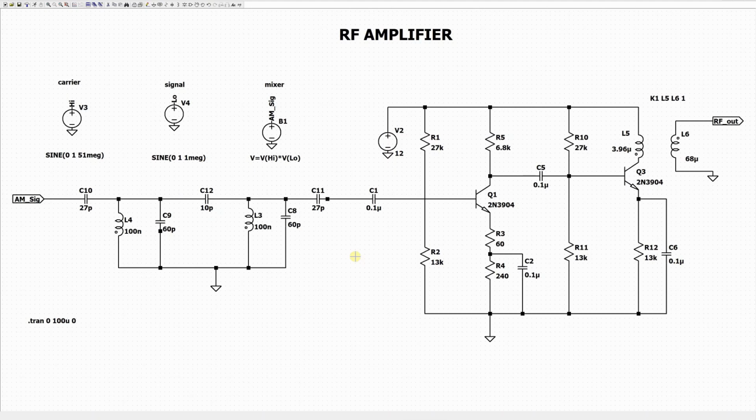This is the RF amplifier. I'm going to run each module by itself because of the running time in LTspice. For this RF amplifier, the input signal should come from the antenna. So here in LTspice, we are able to generate that signal